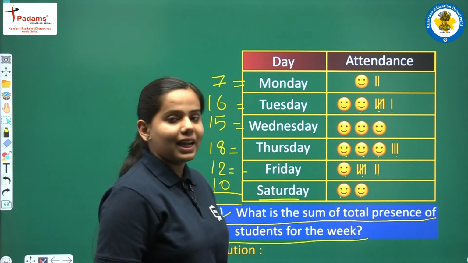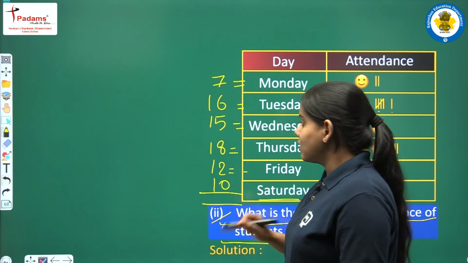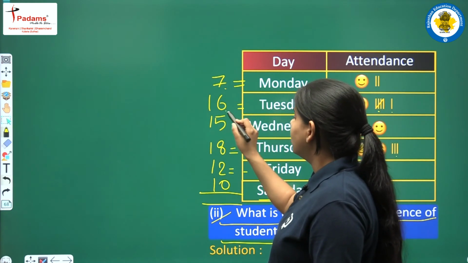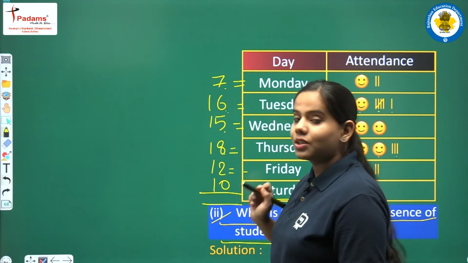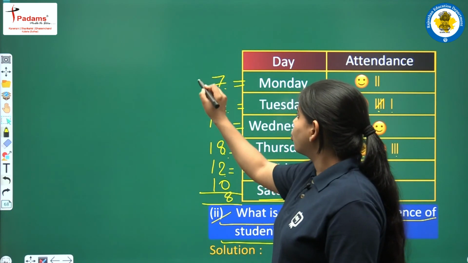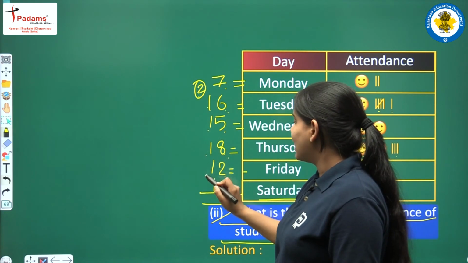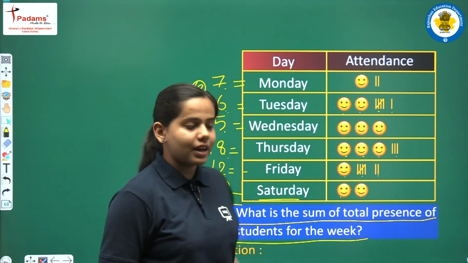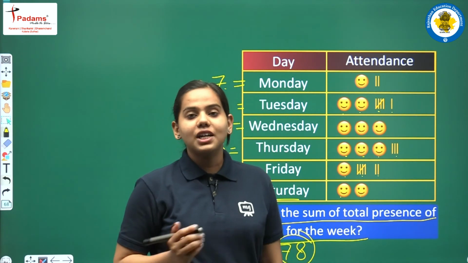हम यहाँ पर टोटल निकाल देते हैं, इससे मिलेगा हमें total number of students present in the week. So here we have 7. 7 + 6 is 13. 13 + 5 is 18. 18 + 8 is 26. 26 + 2 is 28. 2 will go as a carry. 2 + 1 is 3, 4, 5, 6, 7. So number of students present for the week were, children, 78. This is the total number from Monday to Saturday.